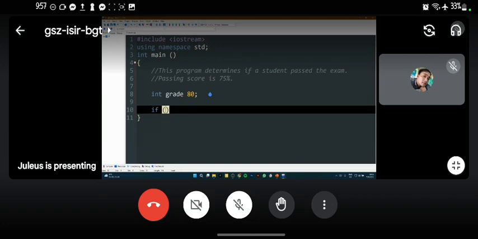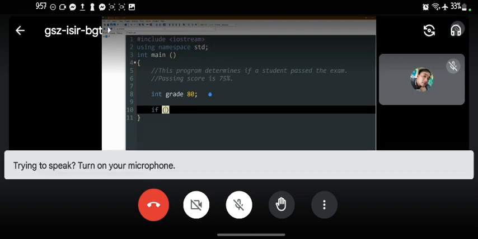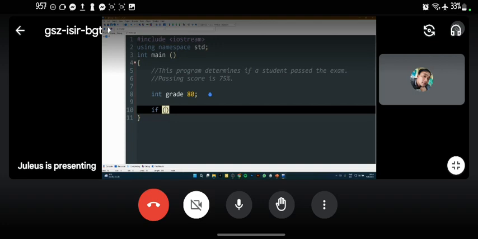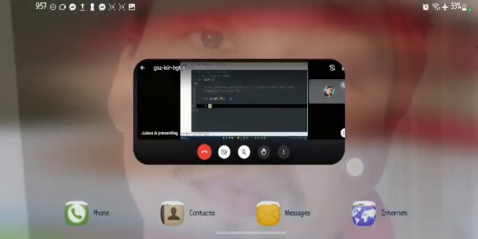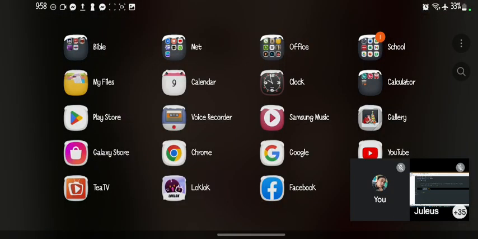Anyone? Who would like to help me create the condition? If passing grade is greater than 75. We'll only be using grade as our variable. All right, it's okay.